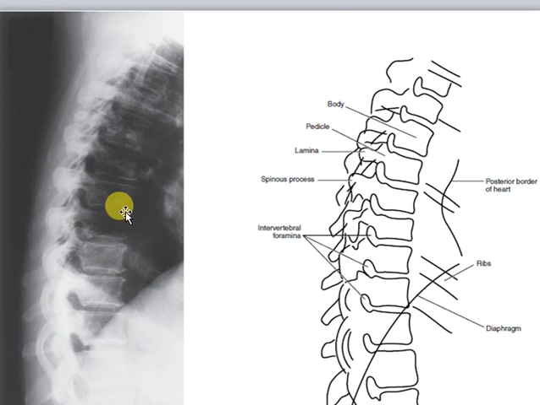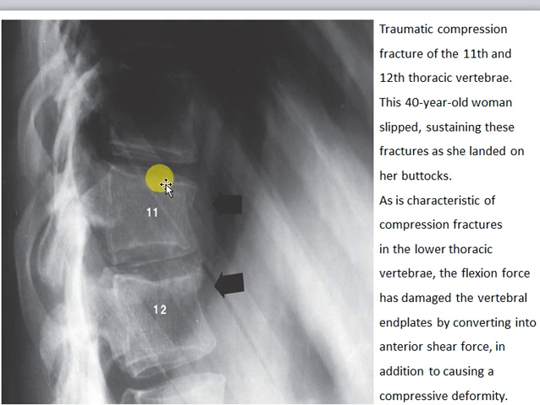This is a lateral radiograph. In the lateral radiograph, you can see over here the vertebral bodies showing degeneration and somewhat compression, but not way too much. The vertebral bodies are square shaped, they are not wedge shaped, so it's good. And you can see the shadows of the ribs as well as the spinous processes. This is a compression fracture, or a wedging fracture because of compression, and this is at T11, T12.